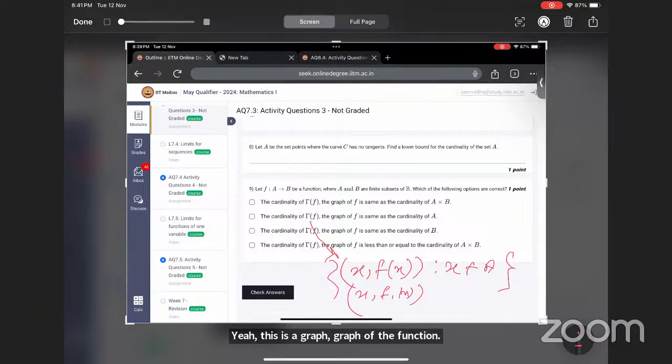Okay. Graph of the function f. The definition of gamma of f, that means the graph of some function, is (x, f(x)) such that x belongs to A. That means the domain. So for each point of the domain, we are taking such pairs. But for the fourth option, we can also take... correct? No, because the cardinality of A cross B is